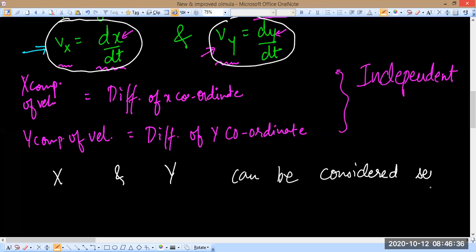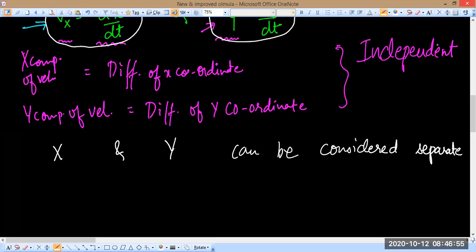Can be considered separate, right? So Sahil, what are you writing? I didn't understand anything. So x and y can be considered separate,